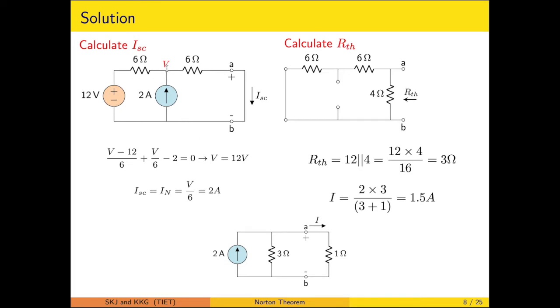So it is having only one common node other than the reference node. So the nodal equation is written and we will be able to calculate the ISC equal to 2 ampere. To calculate the RTH, we have to do the short circuit for an ideal voltage source, open circuit for the ideal current source. So that is done and the RTH is calculated. That particular is giving you the value 3 ohm. The equivalent is done. So current through this load resistance is decided by the parallel division and this is the value 1.5 ampere.